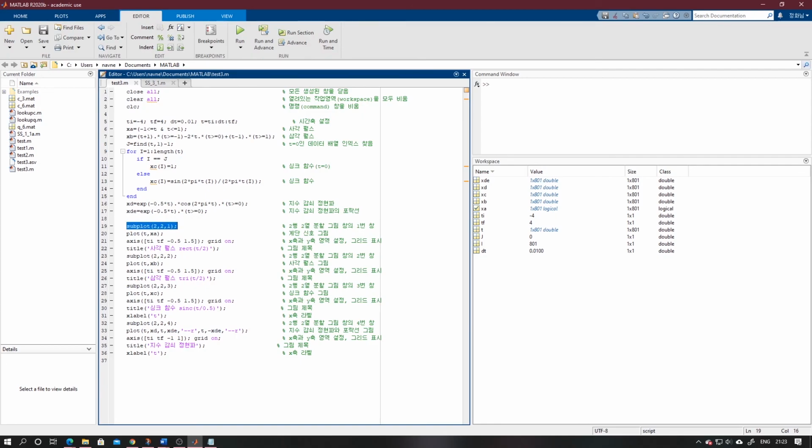We divide our window into 2 rows 2 columns in one window.